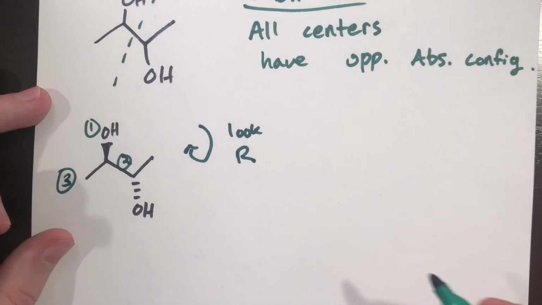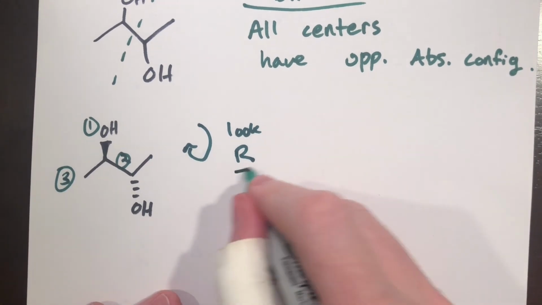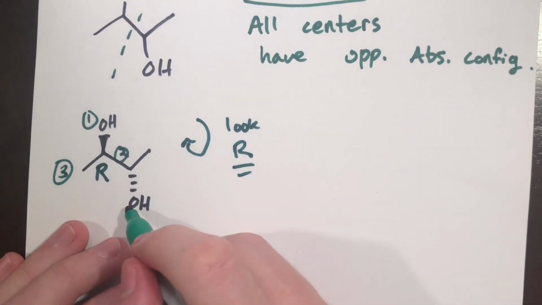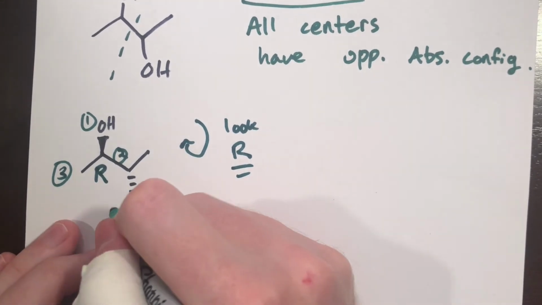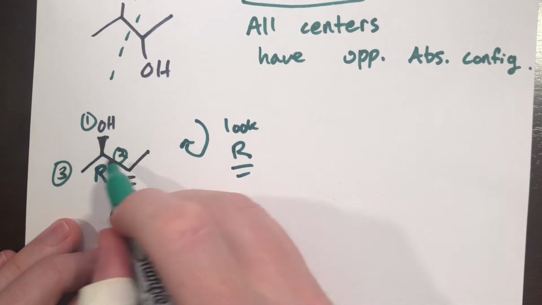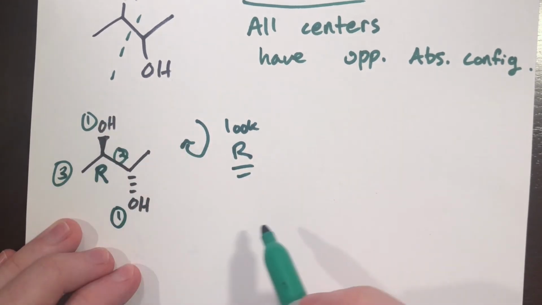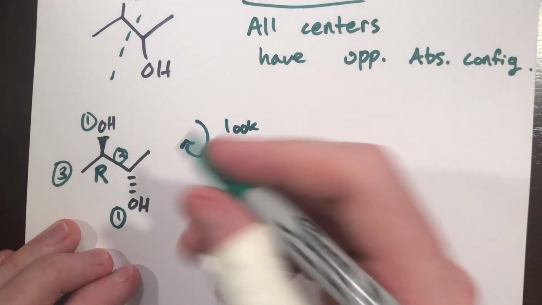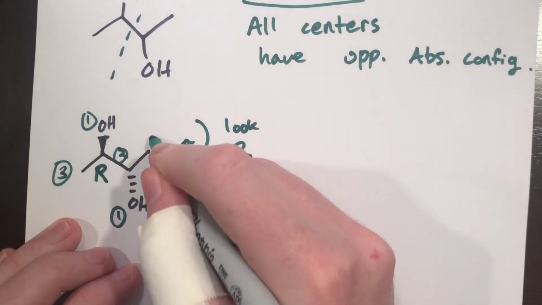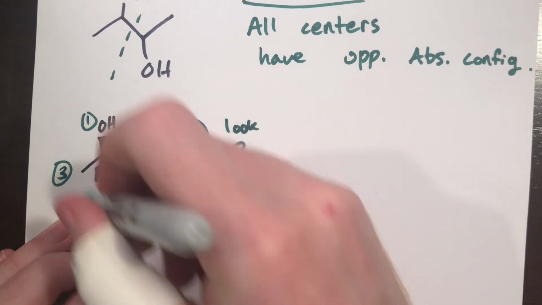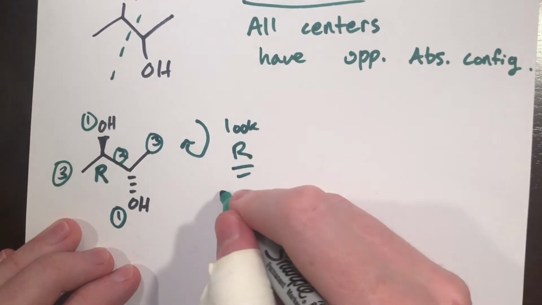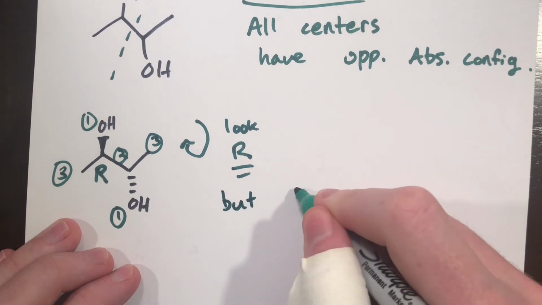And the hydrogen is in the back, so it is R at this position, right? Now if we look at the other chiral center, we have an OH again, that is the highest priority. Then the carbon bound to the oxygen and another carbon is the second priority. So we'll just use the same two that we did in the previous assessment. And then the methyl group will be last. So that looks like R as well, but for this second chiral center,